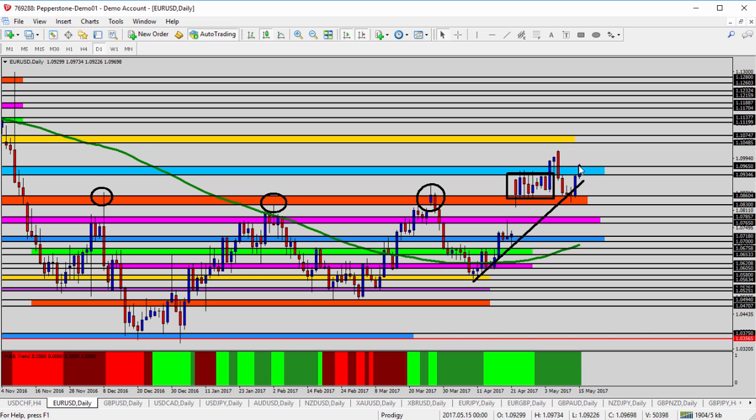Zoom it in one time. There it is right there. A little bit better viewpoint. We had a little bit difficult time staying above there before. Now we're trying it again. If it opens and closes, breaks out above